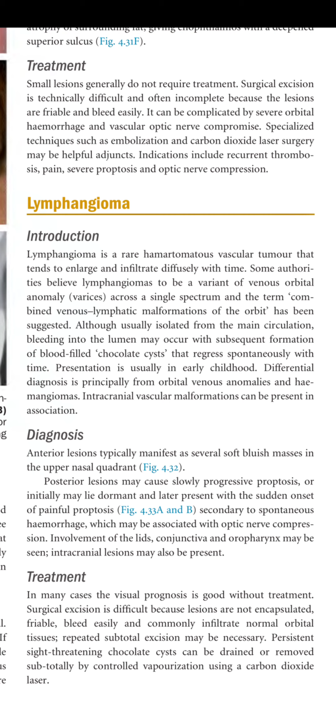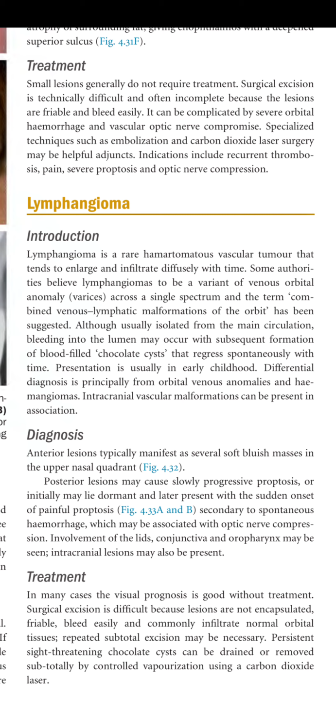So lymphangioma is a rare hamartomatous vascular tumor that tends to enlarge and infiltrate diffusely with time. Some authorities believe lymphangioma to be a variant of the venous orbital anomaly, varices, across a single spectrum, and the term combined venous lymphatic malformation of the orbit has been suggested. Although usually isolated from the main circulation, bleeding into the lumen may occur with subsequent formation of the blood-filled chocolate